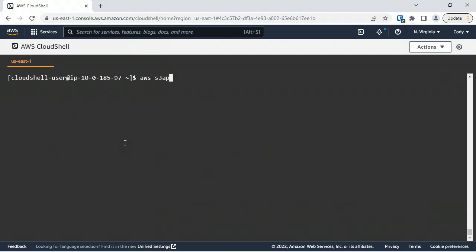AWS S3 API create-bucket --bucket. Now, you would have planned out the nomenclature ahead of time, and you definitely want to have a thread of consistency or a naming convention when it comes to naming all types of resources in AWS, because it doesn't take long before you'll accumulate dozens or even hundreds of EC2 instances, S3 buckets, and if they're just named randomly, depending on the whim of the cloud technician that built it at the time, it's very hard to track what each bucket is for. So I'm going to call this budgets-east. --region is going to be